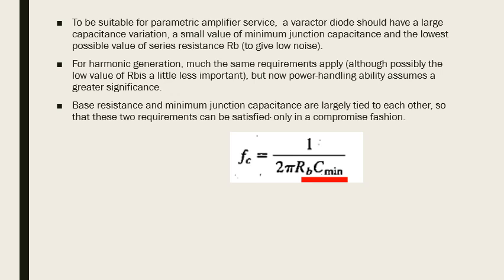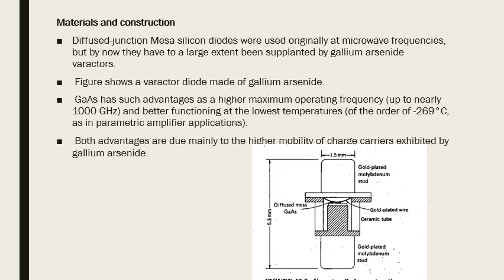This can be made of silicon as well as gallium. Mostly gallium arsenide type of materials are preferred because they have high electron mobility and can withstand very high temperature. You can see in the next slide, this is made of gallium arsenide. In this construction, the diode has been kept in a metallic encapsulation. The reason for keeping it in metallic encapsulation is that it gives better mechanical properties. Then the diode becomes more rugged.